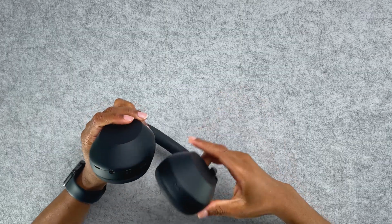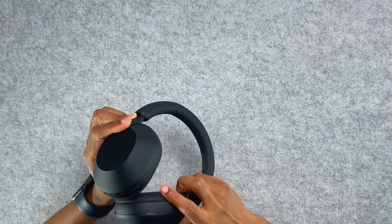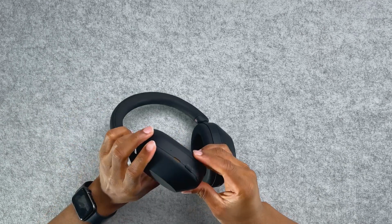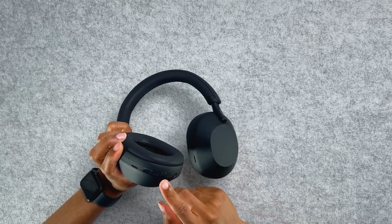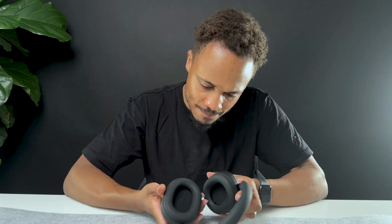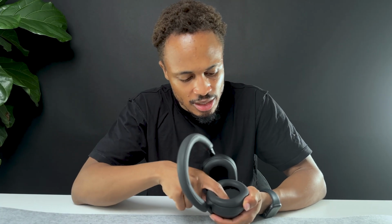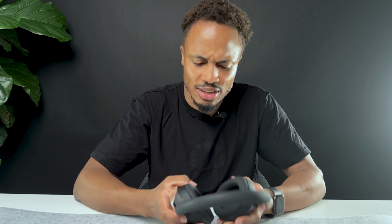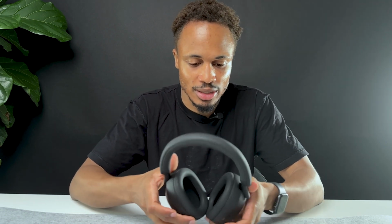So in terms of buttons, you can see, I don't know what this is, the NC A and B button, but there's your power button and your Bluetooth connect button, and then it charges with USB-C. I don't see any sensors in the headphones, which is different than the XM4s. I'm assuming that they just hid them very well, because I'm not sure why they would downgrade that feature. So I'm gonna have to test it out to see what those are like, but let's try them on